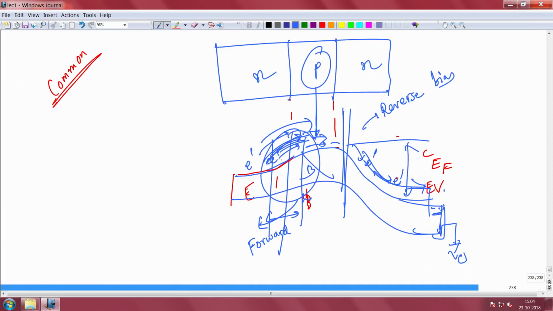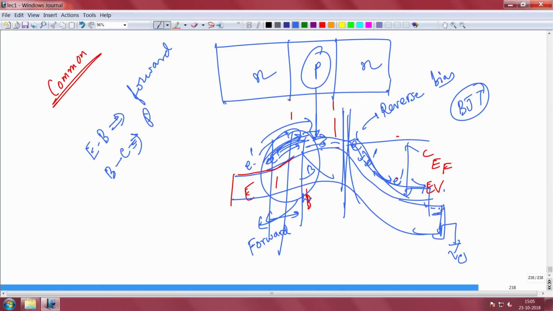Okay. So, the electrons you injected from the emitter to the base side will go across the base. The moment they reach the edge here, they will be swept to the collector side. That is how a transistor works. That is how a BJT will initially start to work. So, you forward bias the base emitter junction, so the emitter base junction is forward biased and the base collector junction is reverse biased. Okay.